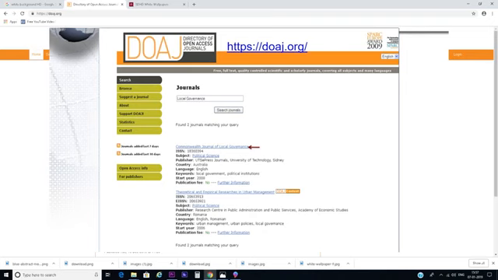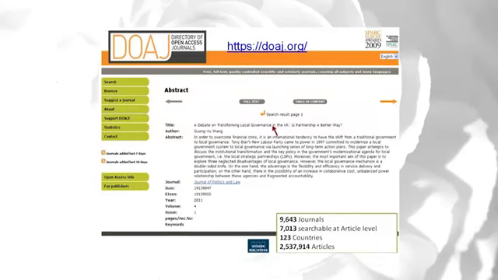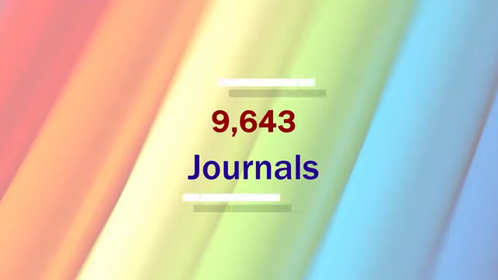Generally 65 to 70% of the DOAJ journals are with full text, the remaining are up to the abstract level, and that information the user can get when accessing. For instance, here it says view abstract or view record, view text, that means it is available in full text. Now, the abstract is here, you can just click the full text and you can get the full text of this particular article. Now, there are around 10,000 journals that are available